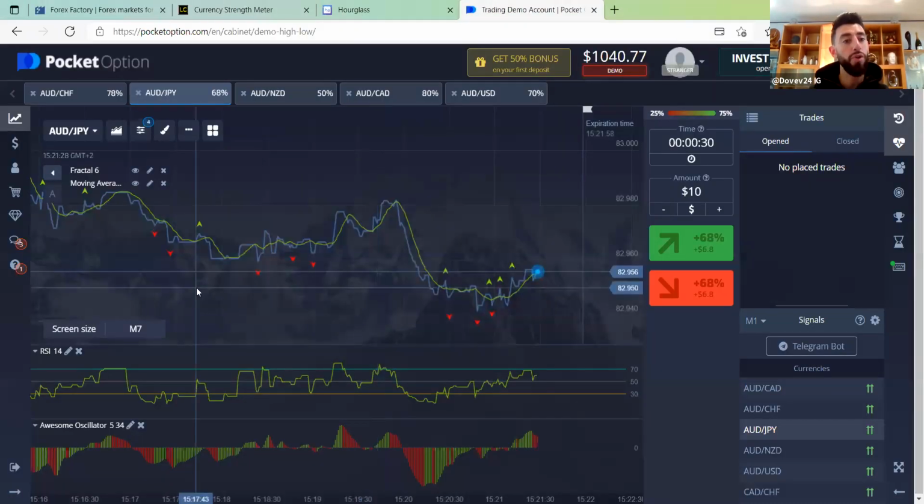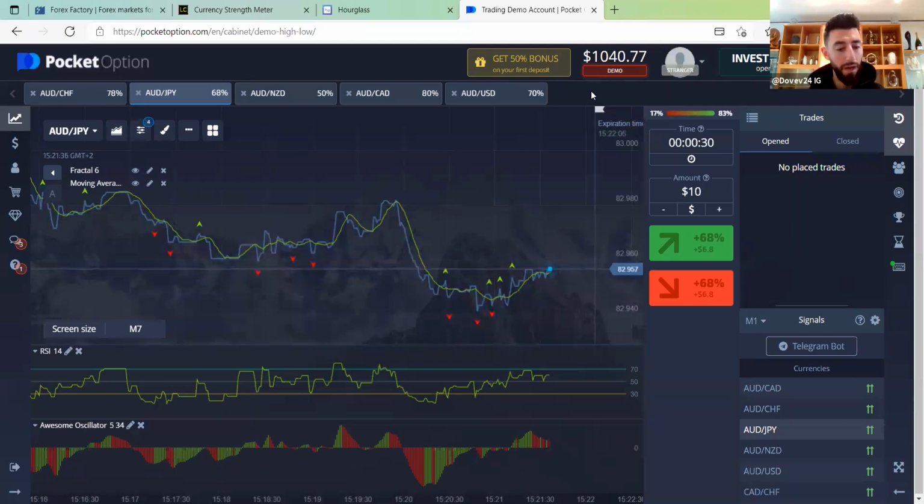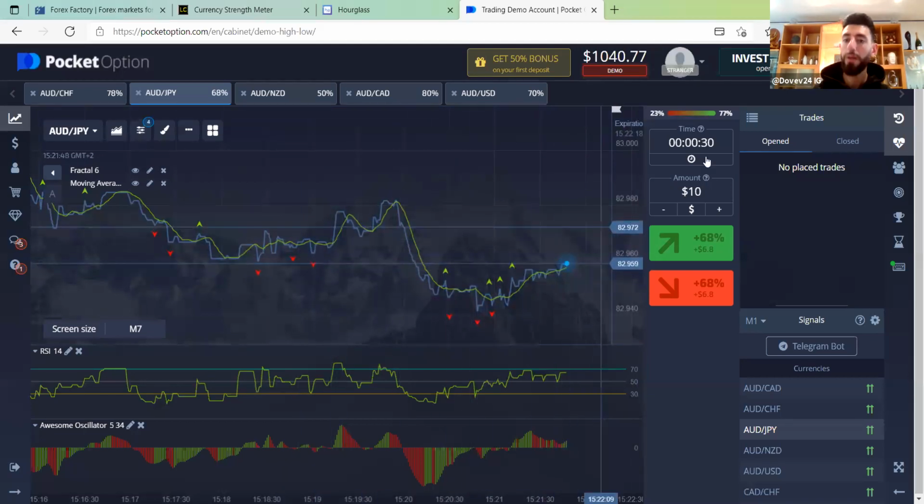So again, you've got your indicators, you've got your currency. These are areas where you can put your favorites for your currencies. You can click Shift F and it will show you. I'm assuming on Apple it would be Command F, and you can create your favorites. Obviously, AUD is my favorite currency pair, so I have them all on the top, right? I've showed you the time, I've showed you the amount, I've showed you the indicators, and I've showed you that